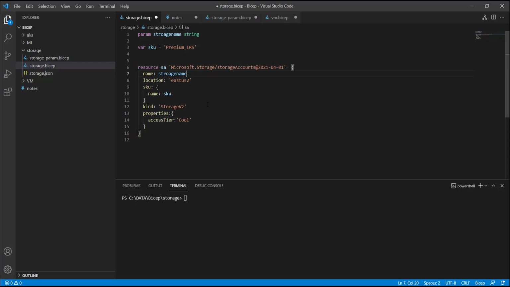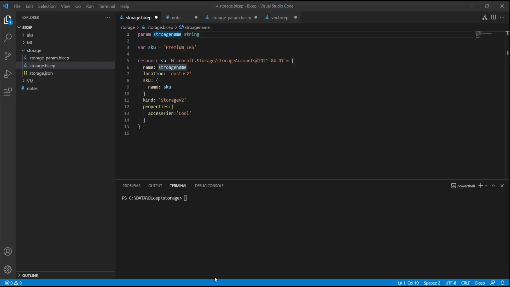So let me run this command. If you remember, in our earlier chapter we used the what-if function. That function will tell us the current state of your resources available on Azure, and what changes we made in our file, so that it can validate those things and inform us. But for this particular demo we don't have any resources available on Azure, so still we try to use that function, and let's see what the output will be.